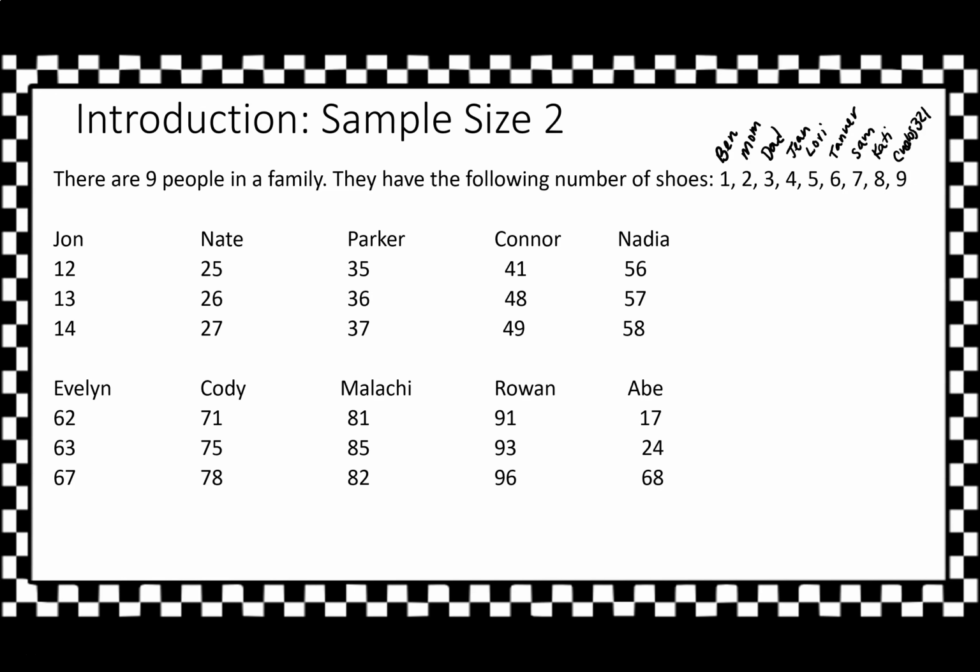All right. Now, this is an entire population. Okay, let's consider this an entire population. Now, in all practicalness, if we wanted to find what the average was for number of shoes in terms of pairs, what the average was for this population, it makes the most sense to go and interview everyone and get their values. But that's not what we're going to do, right? That's not actually practical in a larger population. If we're talking about the population of the world, there's no way we can go out and do that. So this is kind of a theoretical example, but I think it will help you understand what a sample distribution